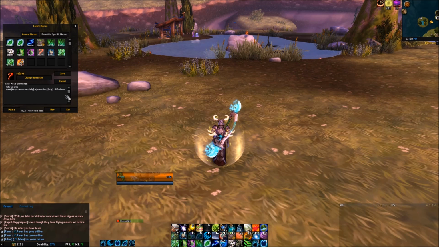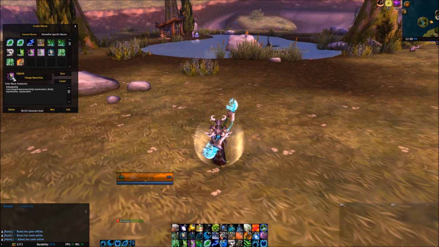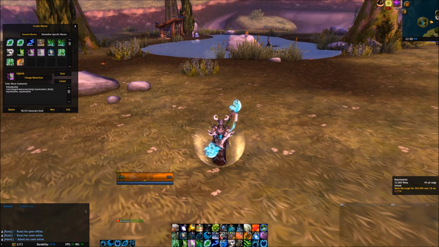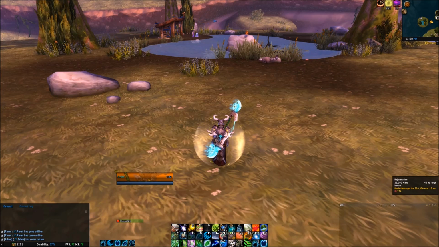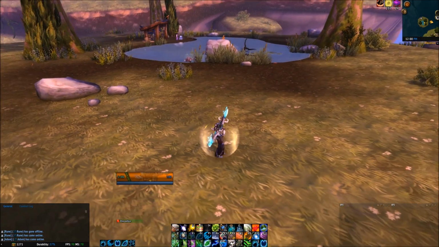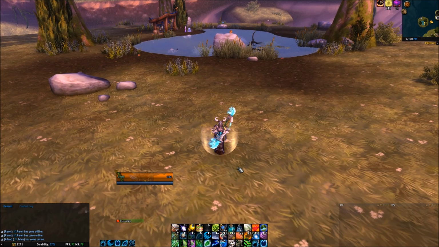This is a fantastic macro to use. Rejuvenation, and one last time, rejuvenation, and we're going to save it, and you see it automatically changes the icon to rejuvenation. So now we have our new macro. I did just do that, right? And here's the cool thing. When you make that macro, now I can